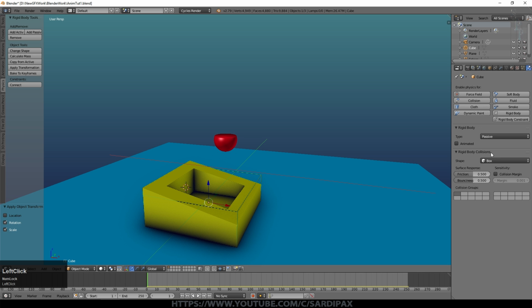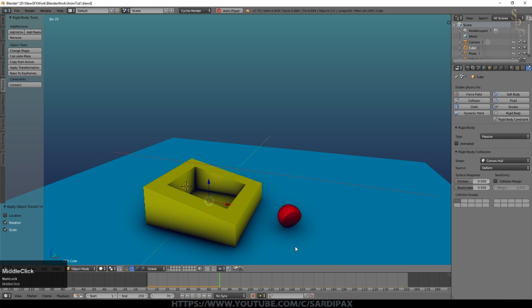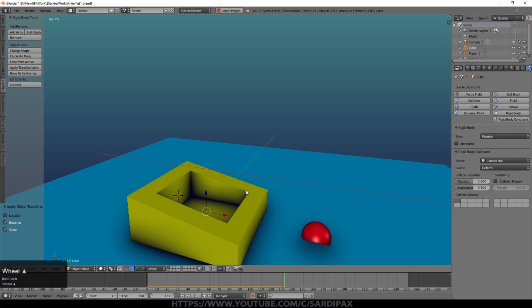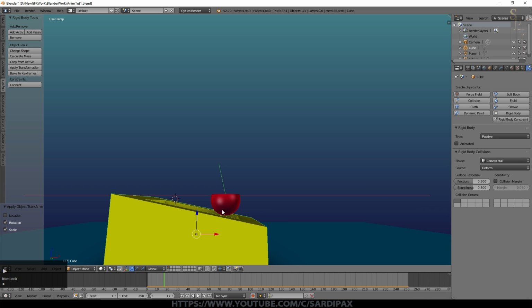If I set this to box, you can see we've got our box shape out there, and I press play and my little sphere just lands on the surface now. It doesn't even recognize that there's a slope there, let alone that there's a hole. But if I select convex hull and restart, it still doesn't quite work because effectively it doesn't know about the hole. It knows that the object has this slope on it. You can see it's managed to land where the surface of the object was, but what it's not able to realize is that there's a hole in it.